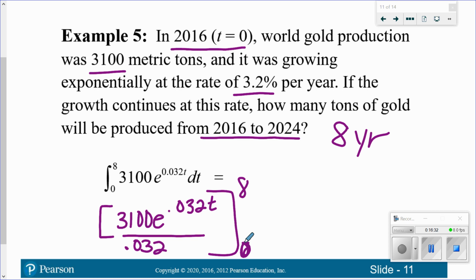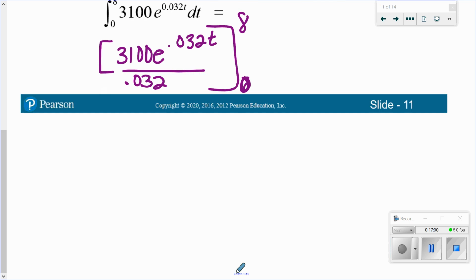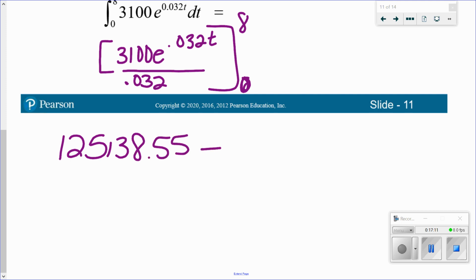So y equals... okay, so when we put in 8 years, when we evaluate that at 8 years, we get 125,138.55. And when we evaluate it at 0, we get